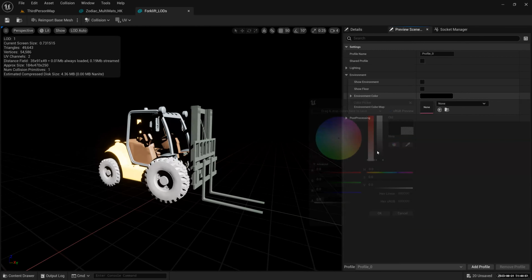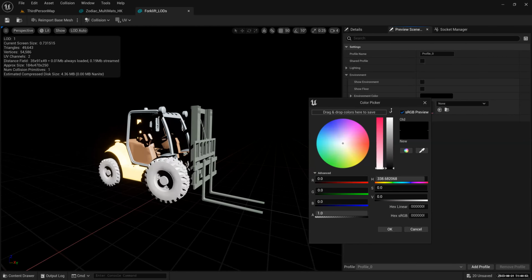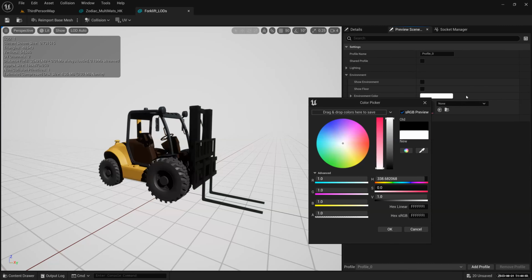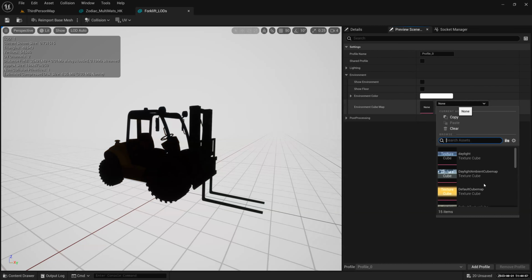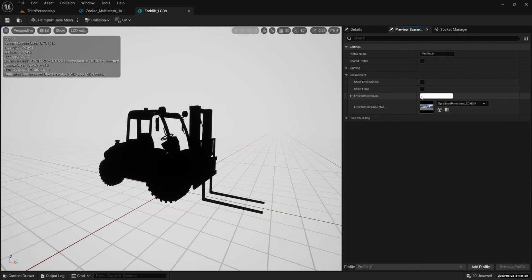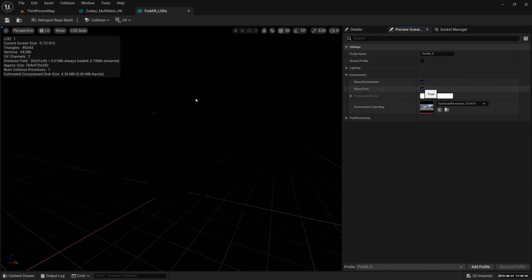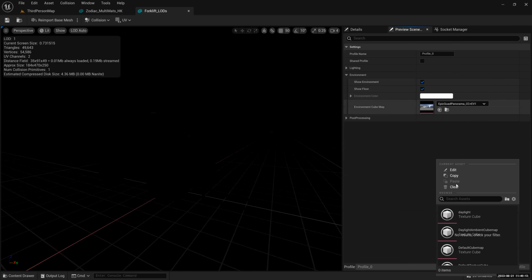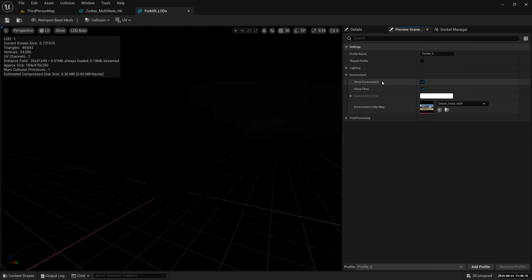Let's make it gray. Show environment, show floor. I think I broke it.